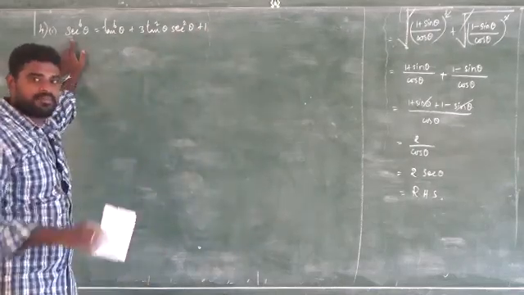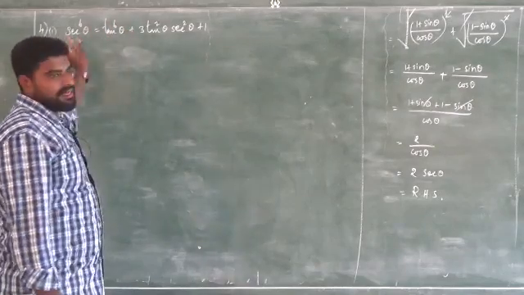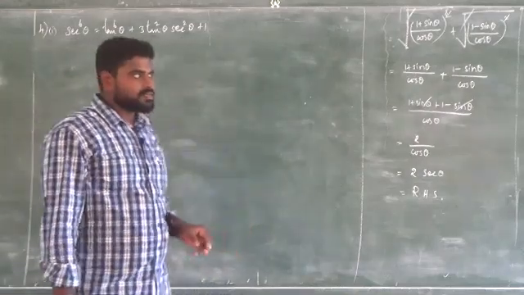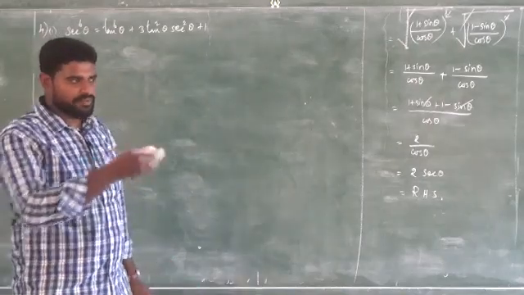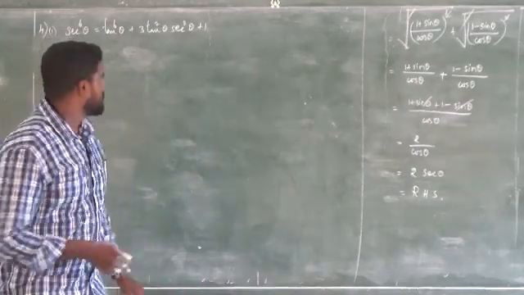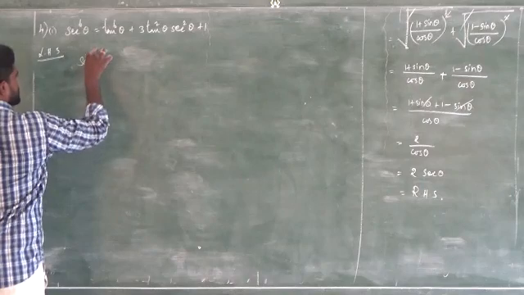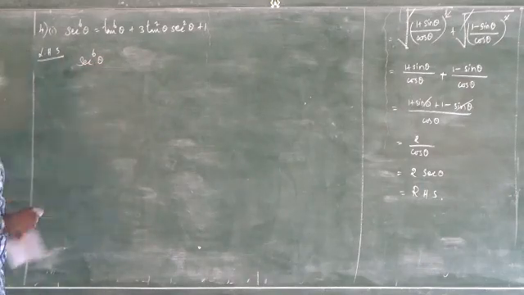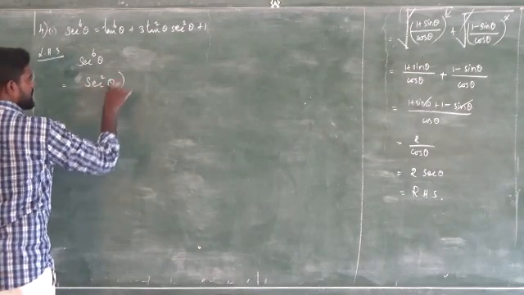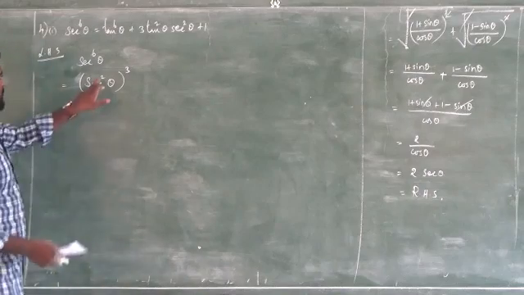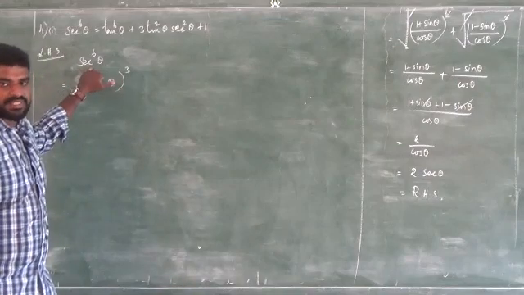The LHS is in secant power 6 theta, but the RHS is tan power 6 theta. So we need to write secant theta in terms of tan theta. We have one identity: secant square theta minus tan square theta is equal to 1. So from that, secant square theta is 1 plus tan square theta. So for the LHS, secant power 6 theta, I am going to write in terms of squares: secant square theta whole cube. Power of power we can multiply, so secant square theta whole power 3, 2 threes are 6, becomes secant power 6 theta.